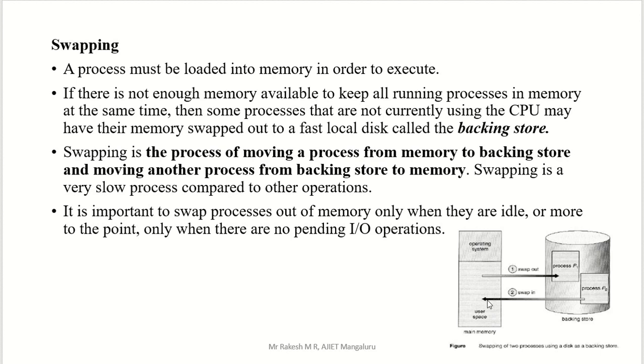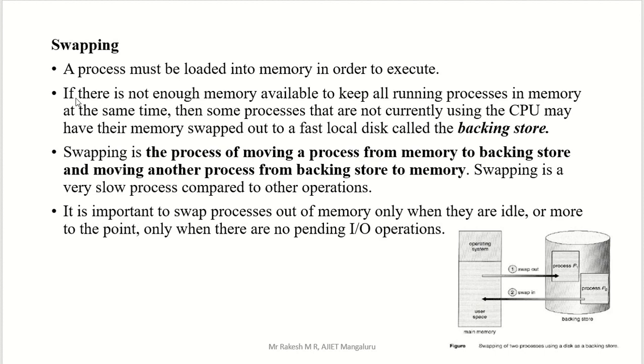Now all processes are there in your user space. That means whichever process you want to execute by the CPU is there in user space. Here we can see the cylindrical shape, that is the secondary memory. We are taking a process from secondary memory to main memory, that is into user space, and taking any process from the user space into secondary memory. That is the swapping concept, but why are we going for that?